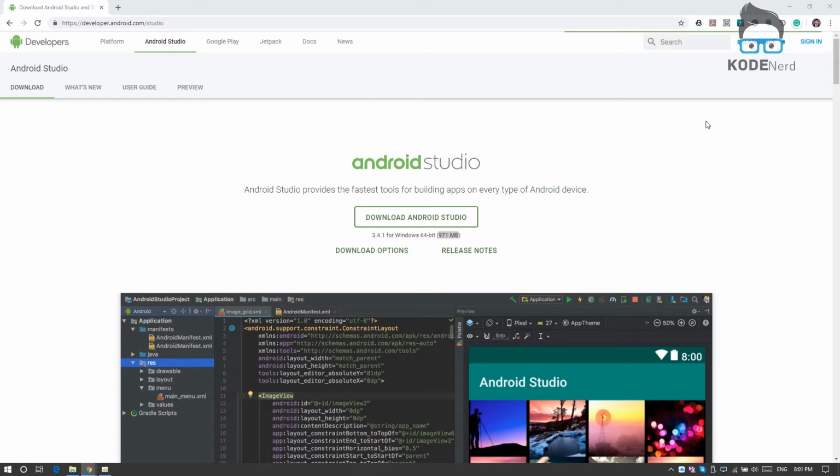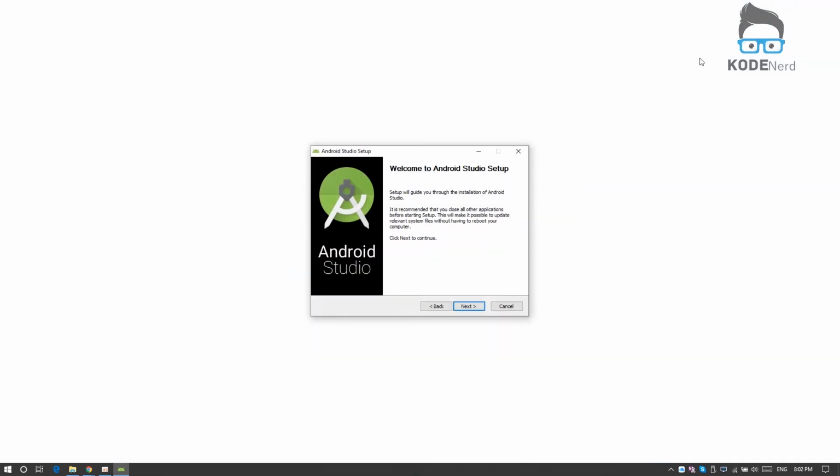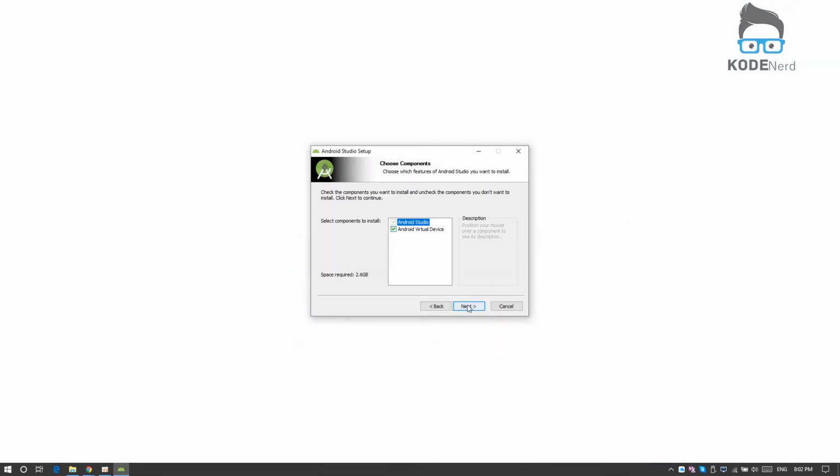Yeah, then Windows will ask some permission prompts. Then you have to click on the yes button for that. Yeah, then welcome to the Android Studio setup wizard. Then you have to click on the next button. Again next,